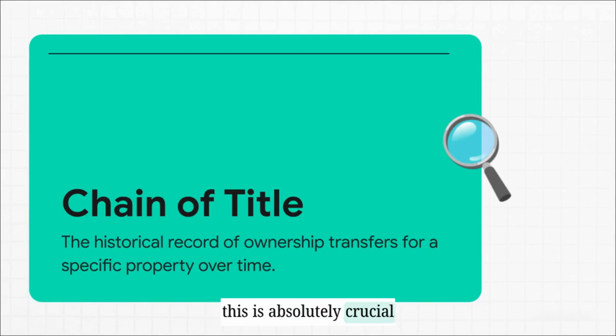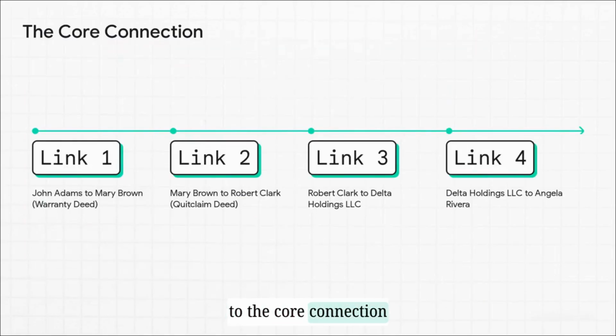Now, this is absolutely crucial to grasp. Title is never proven by emotion. It is not proven by who currently has physical possession of the land, it's not proven by family folklore, and it's definitely not proven by a screenshot on your phone. It has to be systematically traced. A single deed, that's merely one link. The chain is the entire sequence of those links, and our job as detectives is to figure out if that sequence logically holds together.